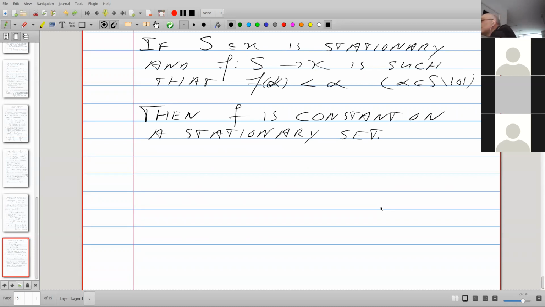The proof is actually not very difficult given what we have just proven. If not, and yes, we do this by contradiction, then if it's not constant on a stationary set, that means that every set on which it is constant is not stationary. But if you are not stationary, then you find this.